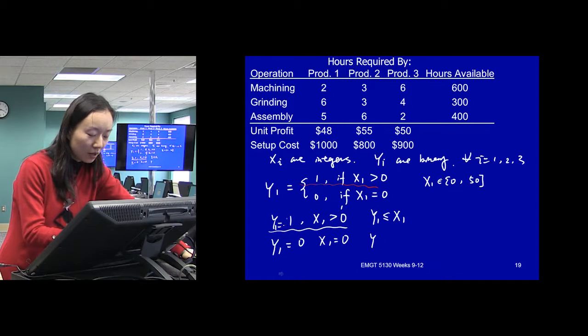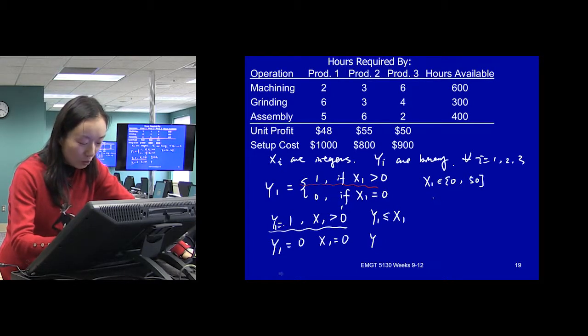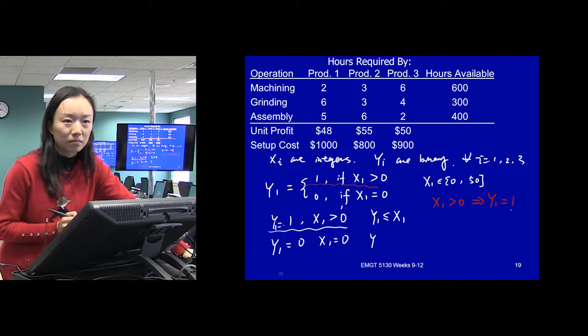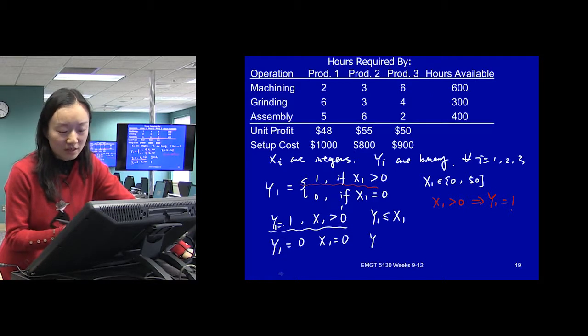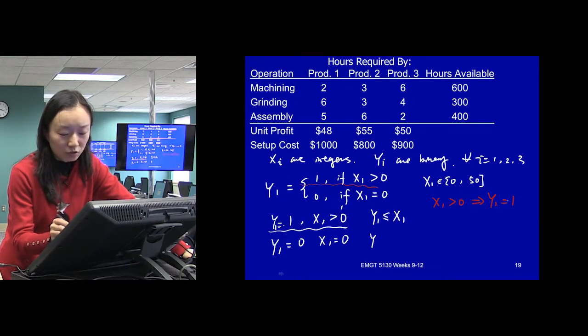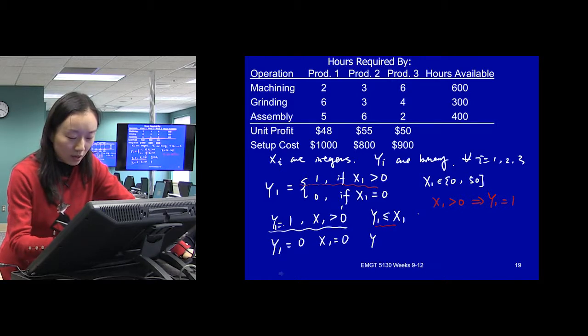And the other way, when x is greater than 0, we want our y to be 1. Maybe this way is more logical. When we decide to produce this product, when x1 is greater than 0, we want our y to be 1. We had this one here. Let's see if it works. So when x1 is greater than 0, if it's a binary variable, that means x1 is 1.